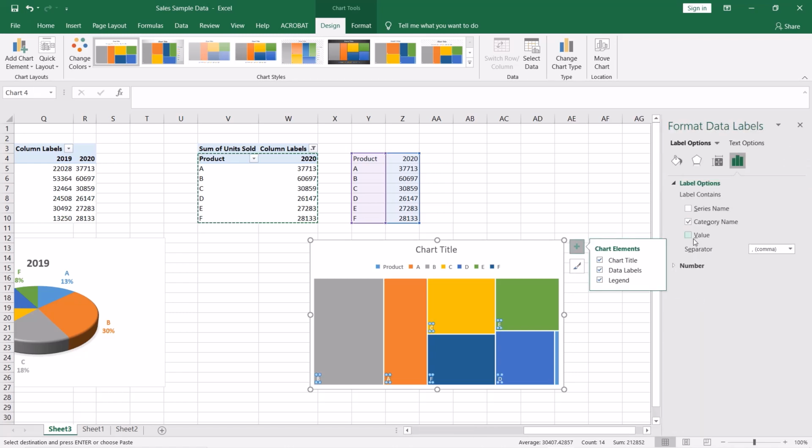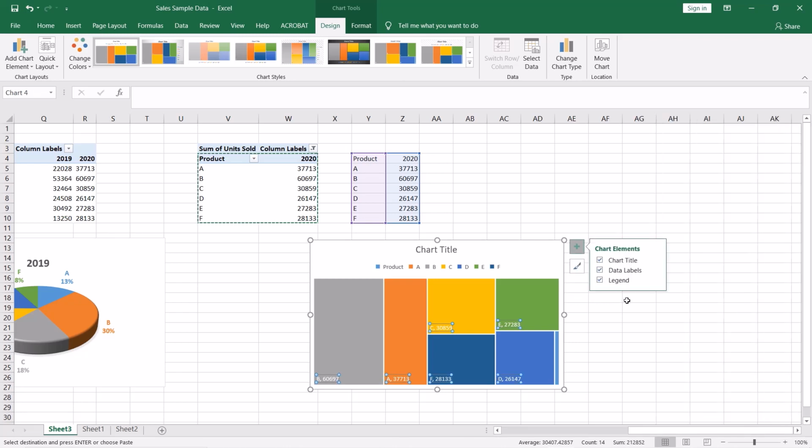Here we need value also, so that we can come to know what is the contribution of a particular product in 2020.